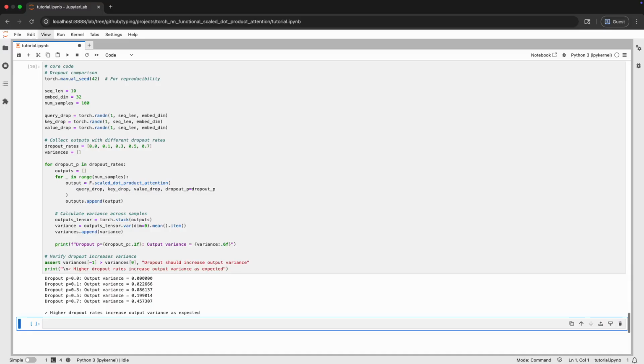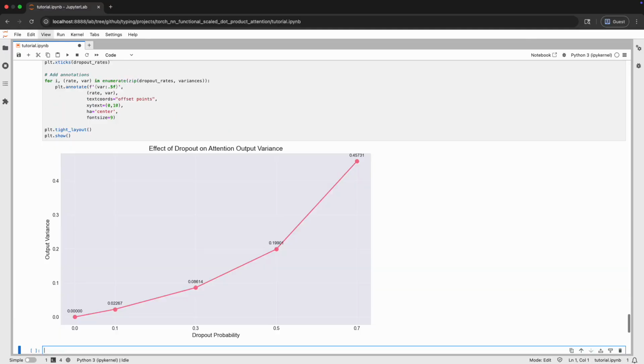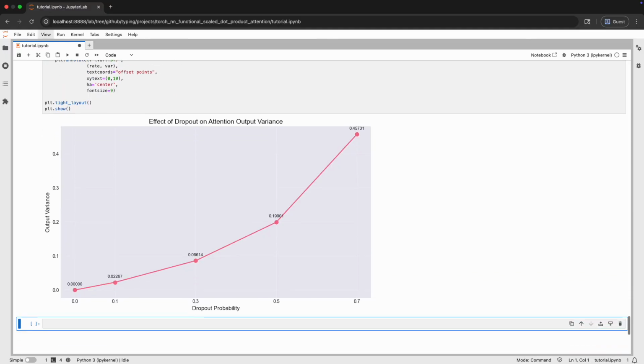Let me create a visualization showing how dropout affects output variance across different rates. This graph clearly shows the relationship between dropout probability and output variance. The variance increases roughly quadratically with dropout rate. In practice, dropout values between 0.1 and 0.3 are commonly used for attention layers, providing a good balance between regularization